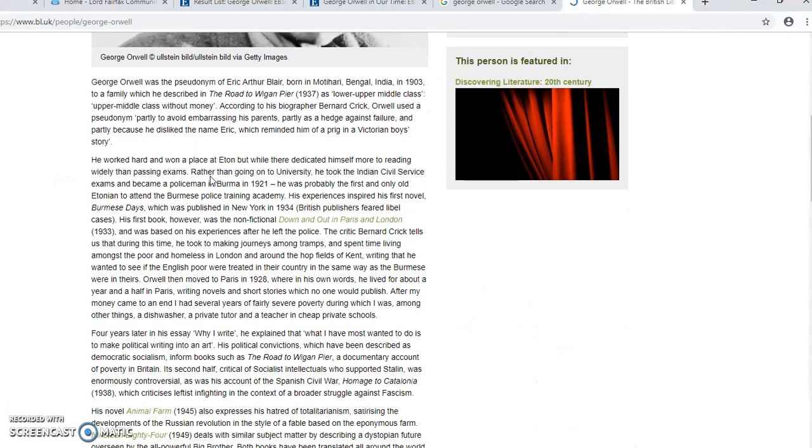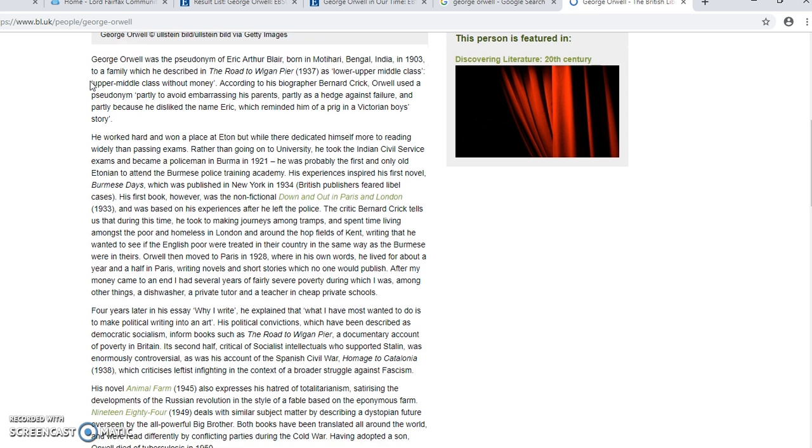I find it's best when you're researching stuff to trust but verify. So if you read something on somebody and you're like, oh, that's a unique fact, or that's pretty cool, it's good to look to see if it's listed someplace else as well, and it's not just a random fact people put in. So this article,